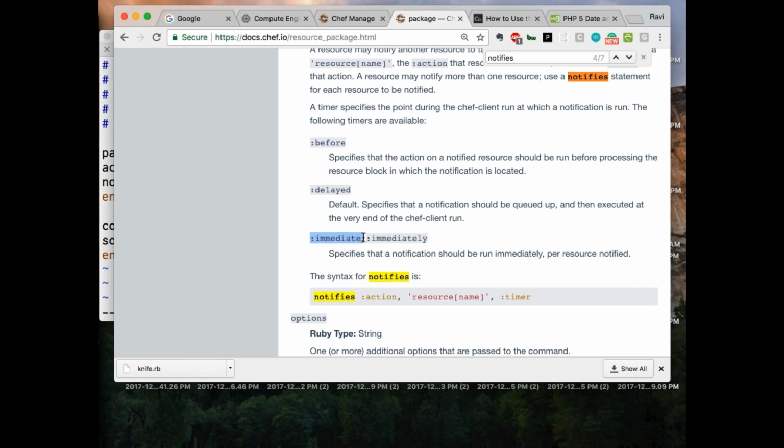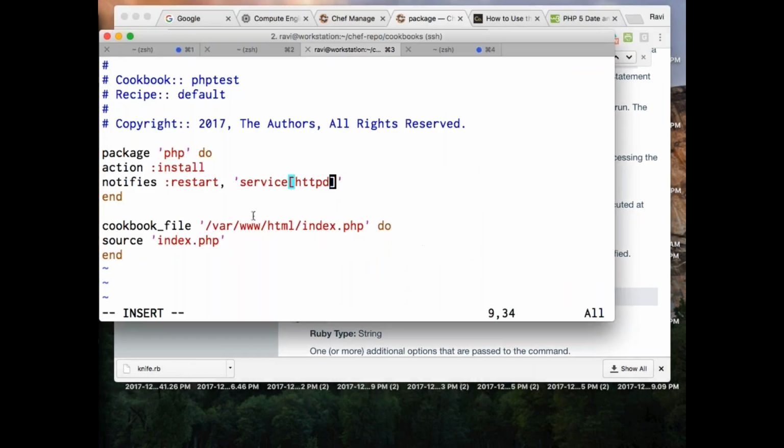Notify immediate. Whenever you say immediate, it will run that particular command immediately. So I'll say the same thing: notify the service immediately. So whenever PHP gets installed, it should automatically go and restart the service HTTPD. Got it?